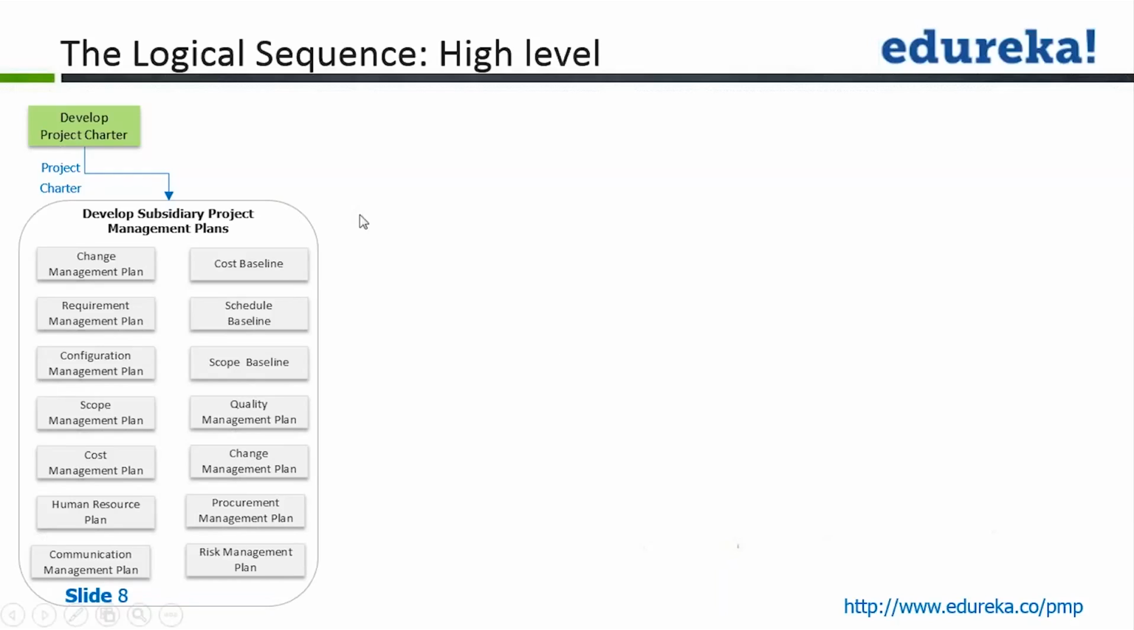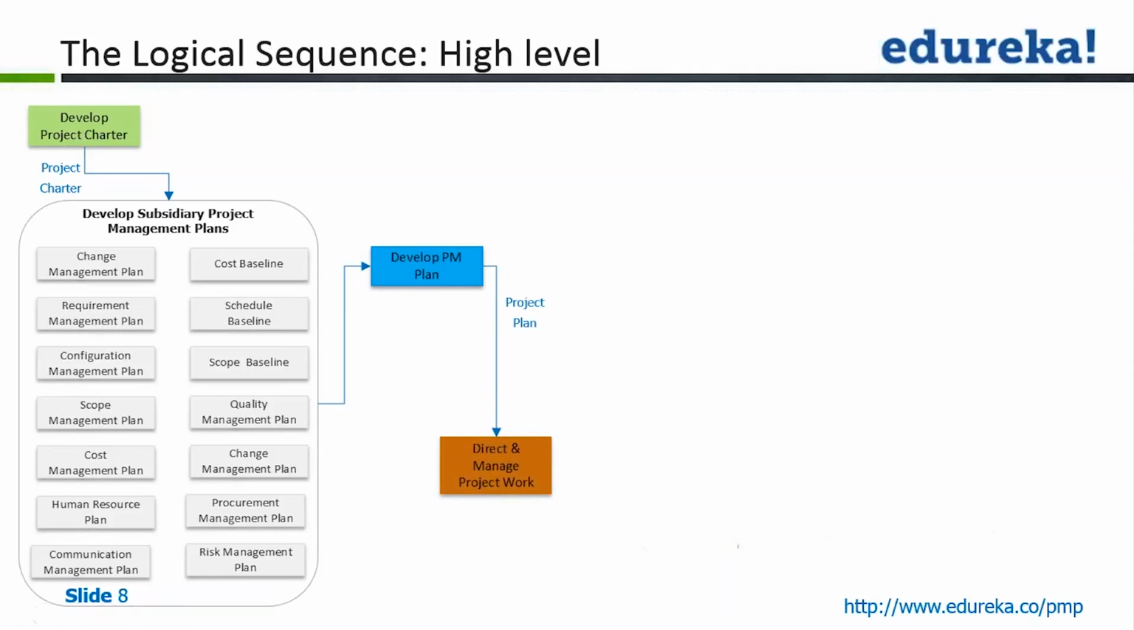Okay, and once all these subsidiary project management plans are created, they will all be taken to the process in project integration management called develop project management plan. We will integrate and consolidate everything, and we are going to come up with our project management plan or project plan, which will lead the team into the next process, which is direct and manage project work. Direct and manage project work is a process in the executing process group where the team will carry out the work that was planned